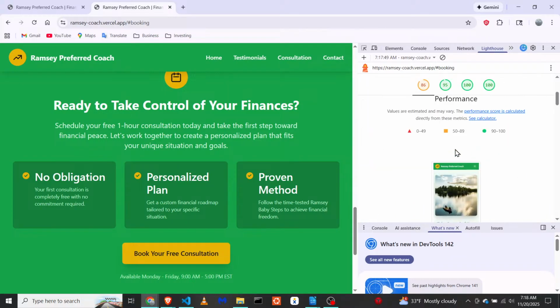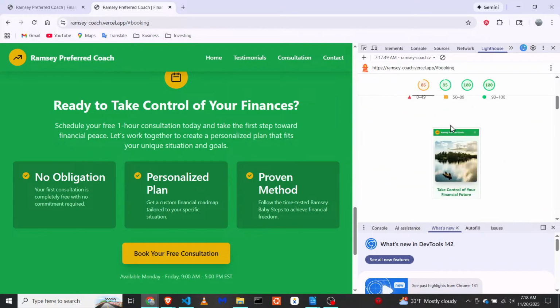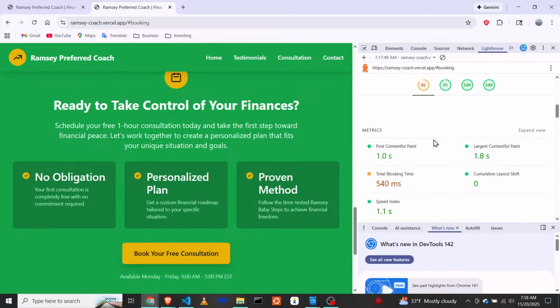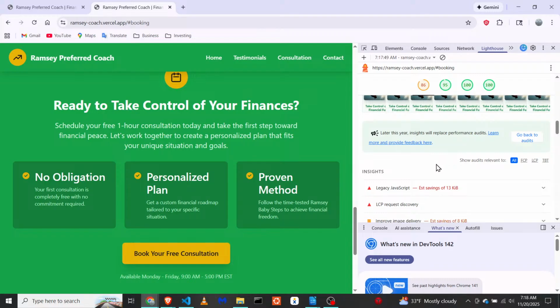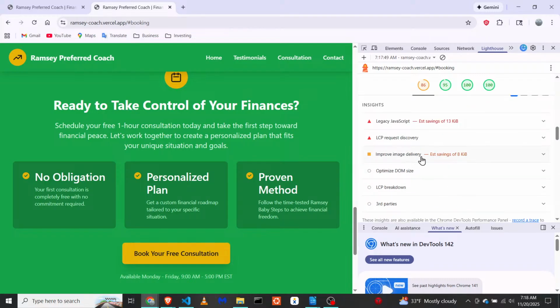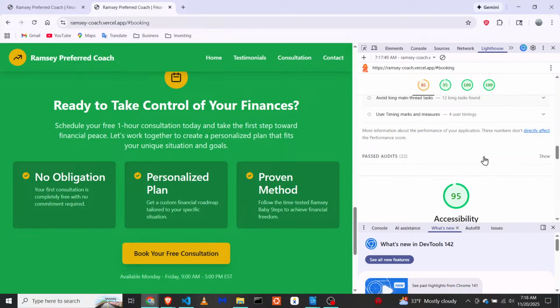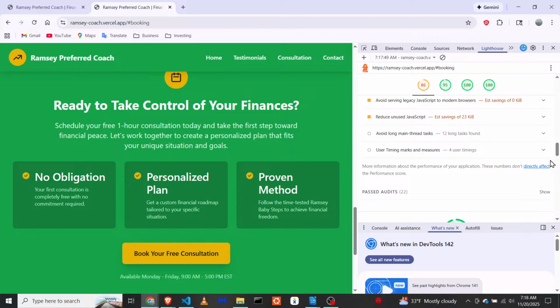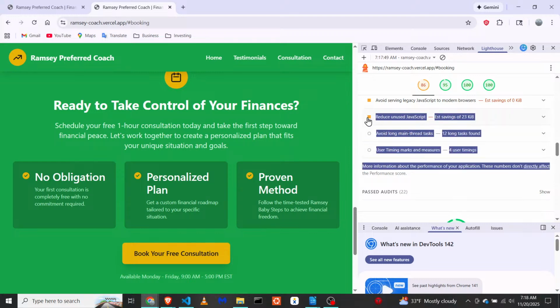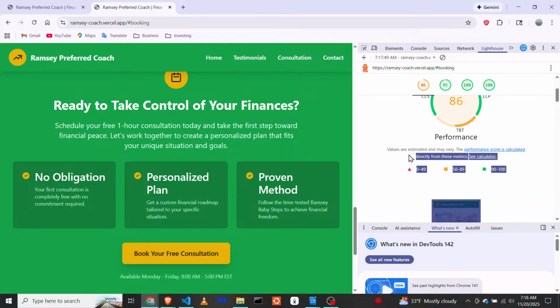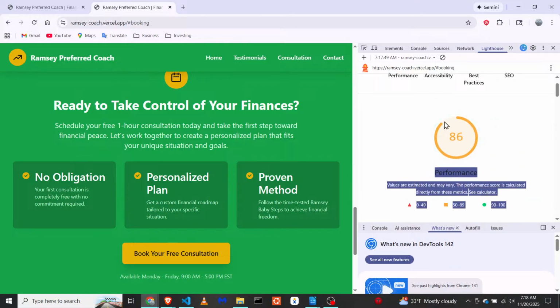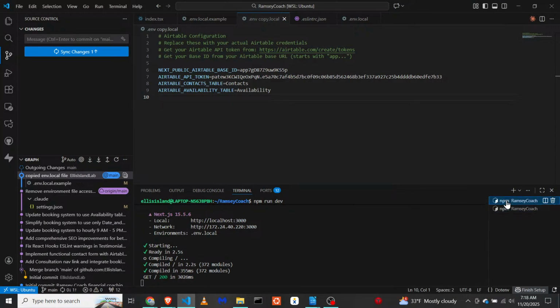So here's the mobile, and what you'll see is it's a little bit lower, and I think it's this picture. It's saying the picture is a little bit too big. And so what we can do is copy all of this, and even the score, I'll just do the score as well, and we can feed this right into